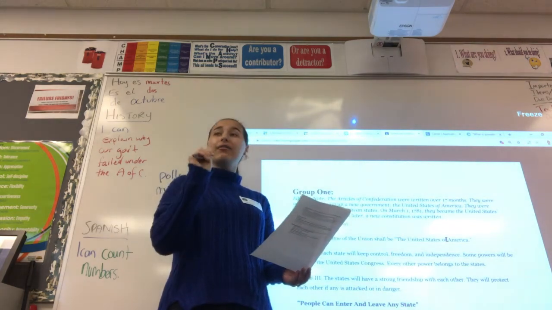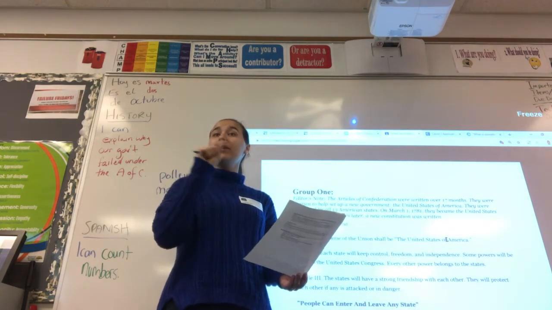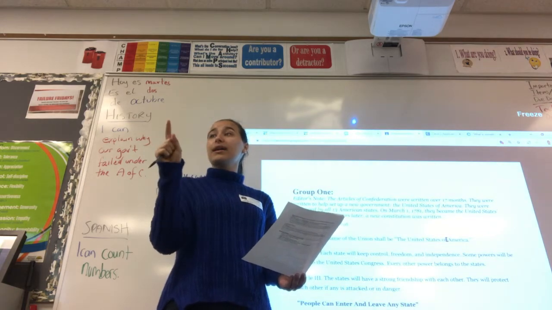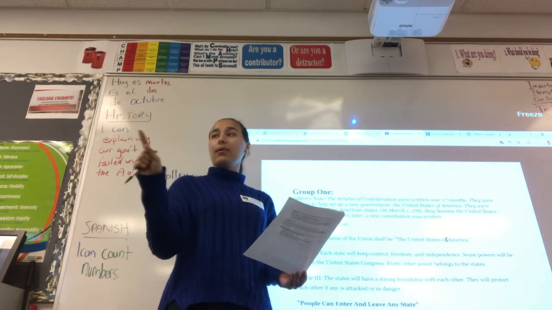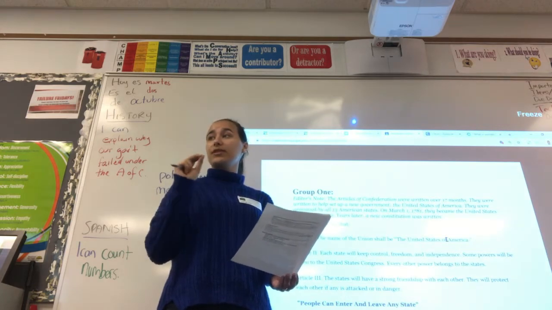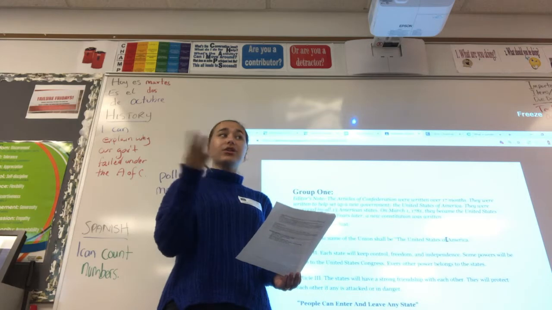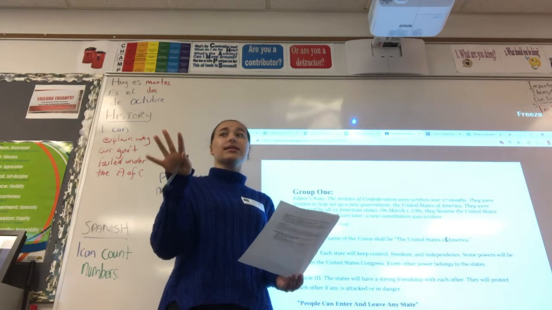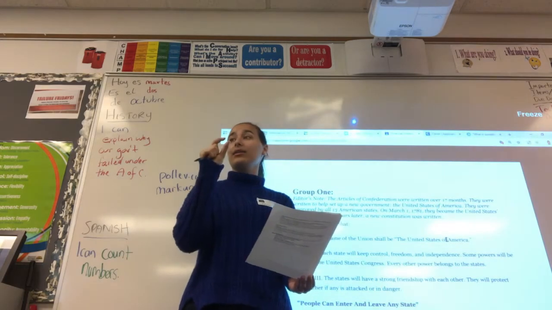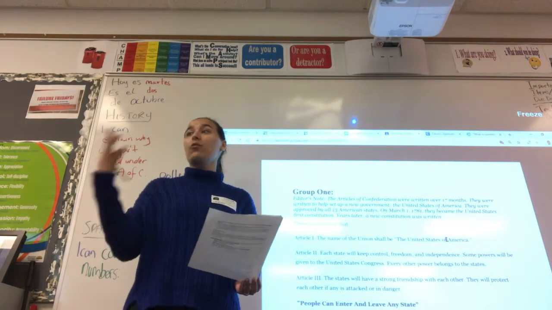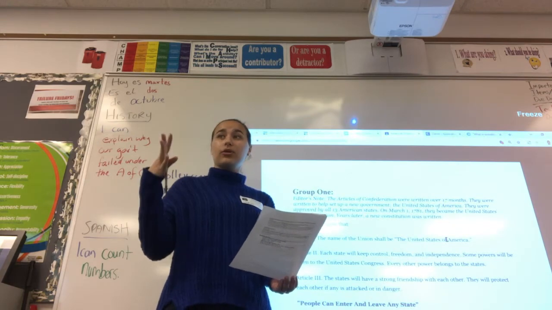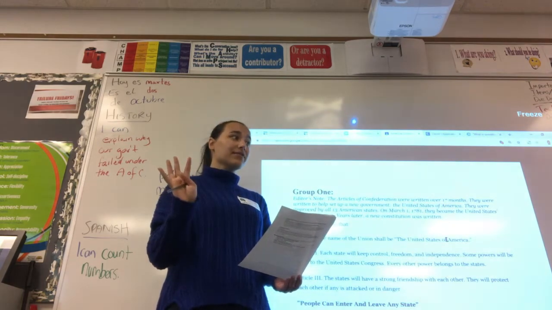So what you're going to do now is go back and look at those highlighted ones, and talk in your group and say, why would this maybe be a problem? One person in your group needs to take notes on what you say, because one person is then going to share with the rest of us the reasons you think the highlighted articles would be problems later on, and why maybe the Articles of Confederation didn't work so well. I'm going to give you 5 minutes for that.